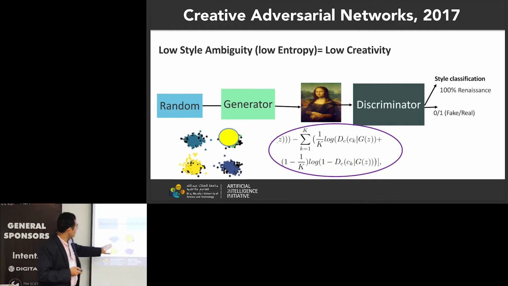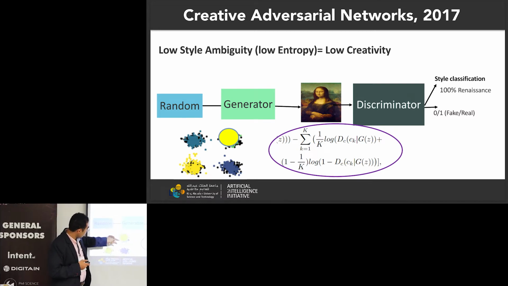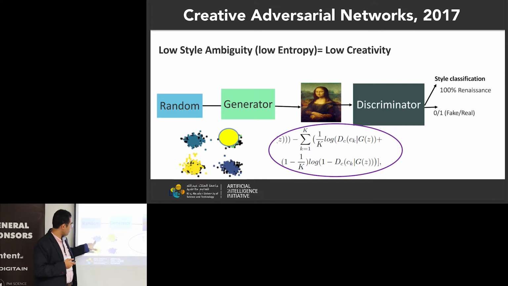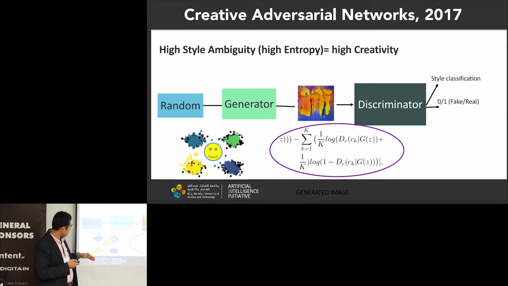So, for example, this is an example of a behavior that we don't want. The Mona Lisa is a beautiful picture, but its response, if let's say these 4 bars define the art styles that we have. We have 20, but this is just for the sake of a demonstration. So this will have a high peak on the High Renaissance style, right? And this is a low entropy response, right? Because it's confident, it has a high certainty. So what we did, we wanted instead something that is hard to classify to any style class.